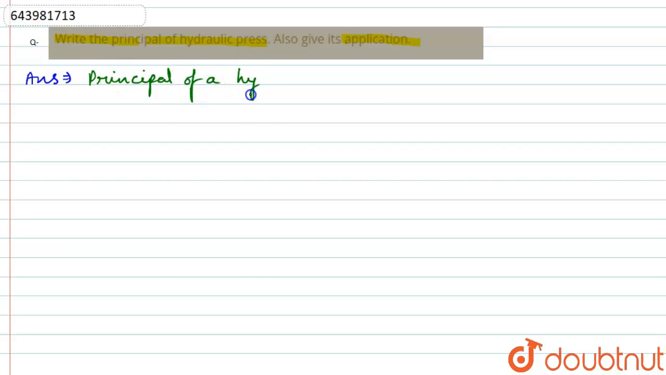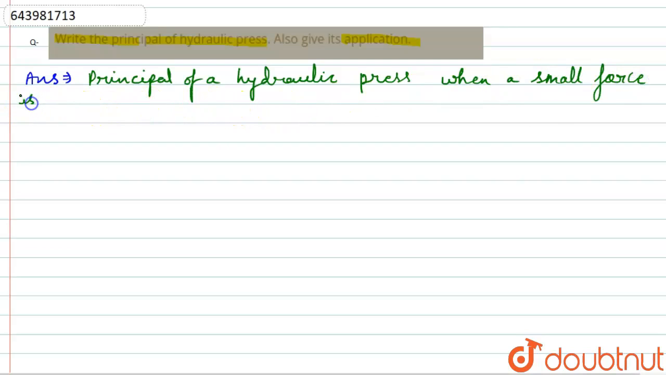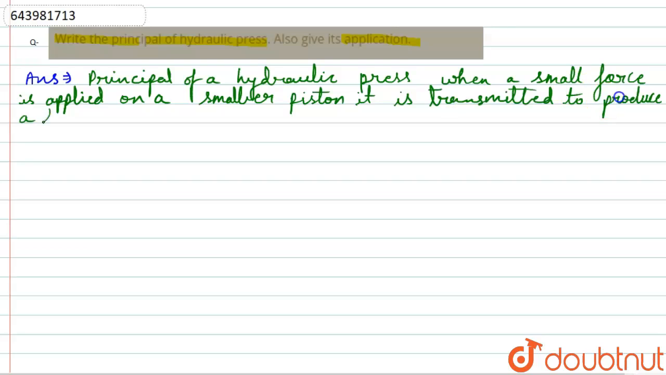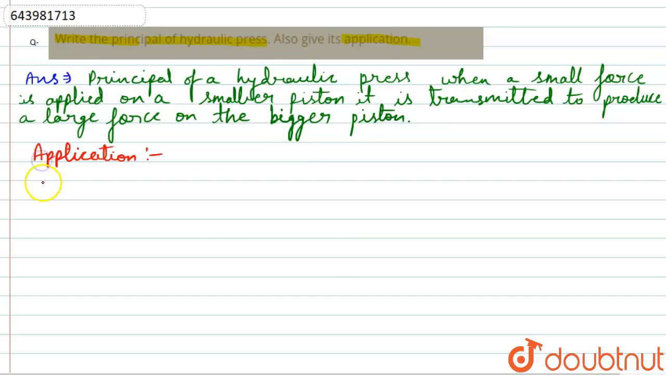of a hydraulic press. When a small force is applied on a smaller piston, it is transmitted to produce a large force on the bigger piston. Application. First application is